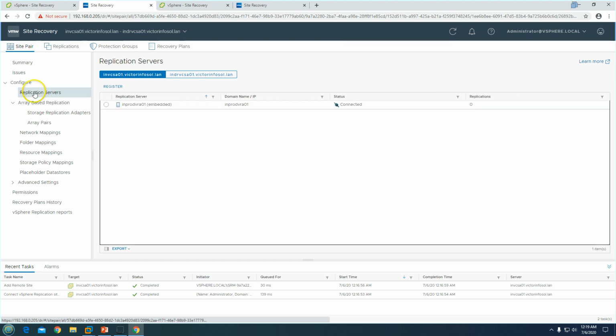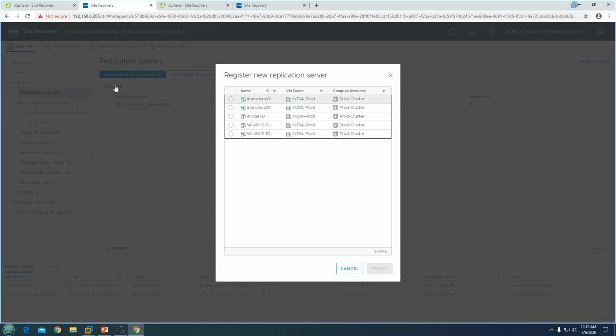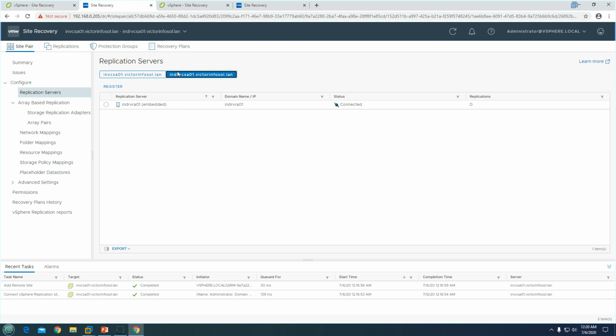So if you go to replication server, you can see you have only one replication server on each VCSA. If you have multiple vCenter servers, you can definitely go and register those appliances as replication servers. For now I've got only one VR server, which is the replication server, so I'm good with this. At the DR site also I've got one server for the replication, so this is good. I'm not going to discuss array based replication because we have not configured that in this video. I will try to create a separate video on array based replication for sure.